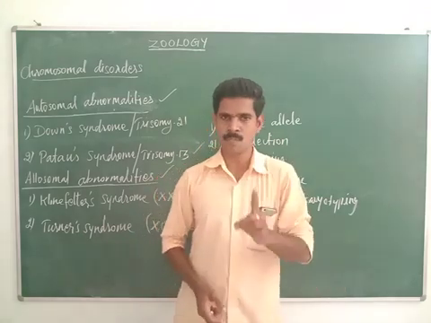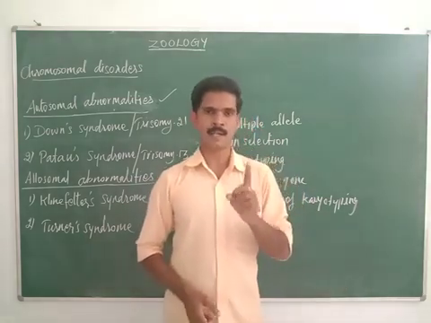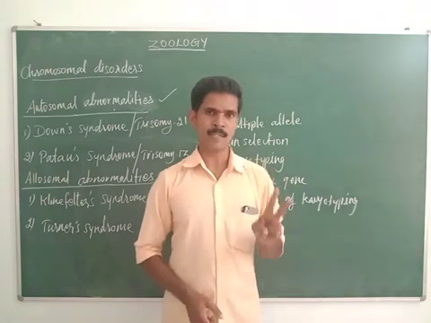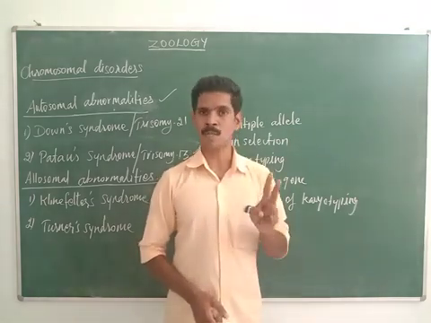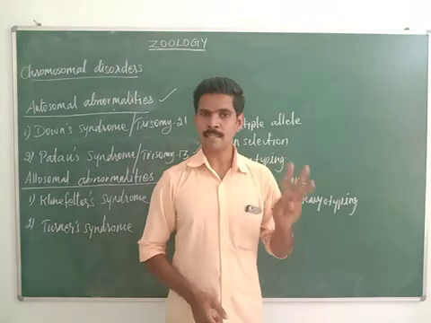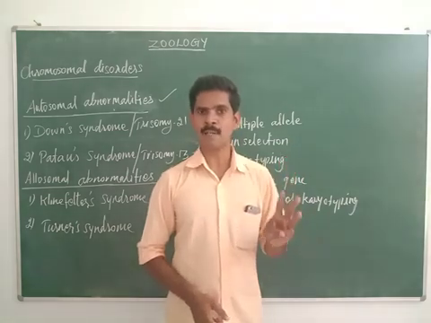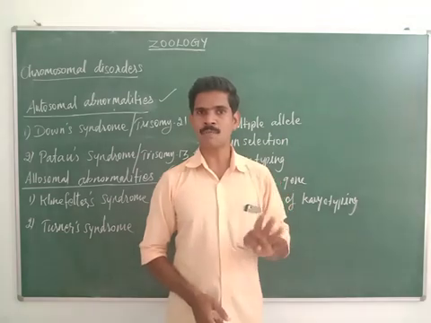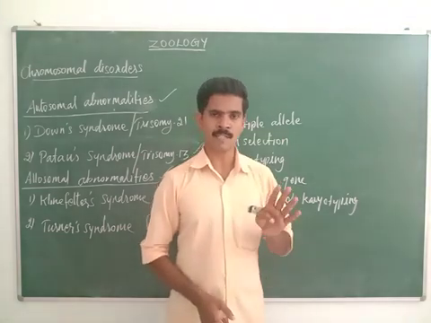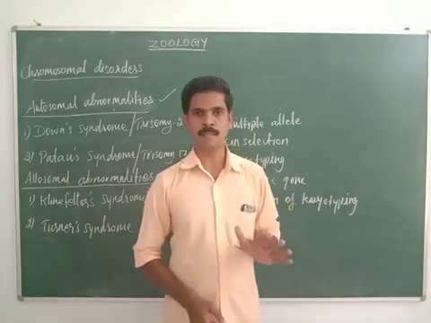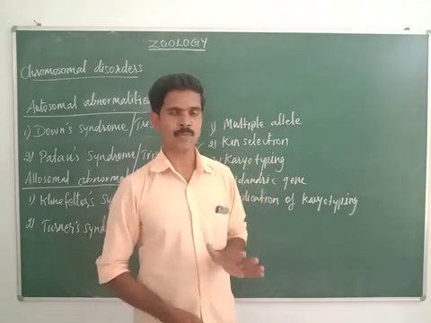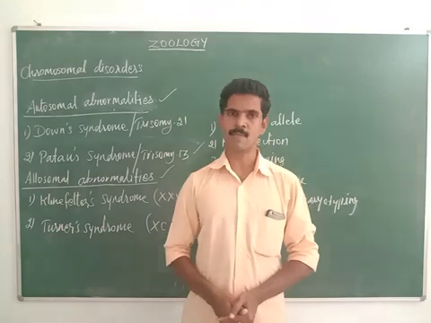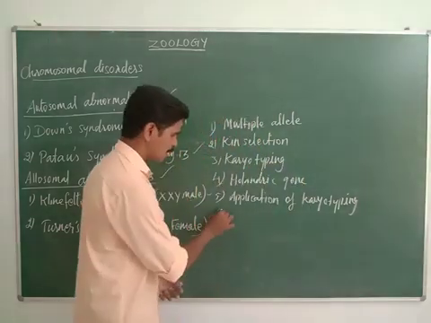The first one is used to identify the gender, or the sex of the fetus. The second one is used to identify chromosomal aberrations. Third, it is used to identify chromosomal abnormalities like aneuploidy. Fourth, it is used to identify the evolutionary relationship between the species. And the last one, karyotyping technique is used to identify genetic diseases. Understand, my dear students? And the last question is